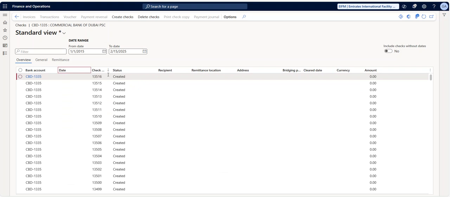Okay, now you can see the check status is created, and you can see this is my check number, and this is the status as created, and you can see the amount is 0. Okay, now let me make Z to A. Okay, now the check number highest is